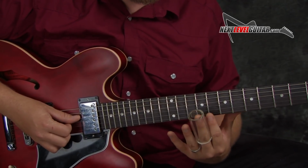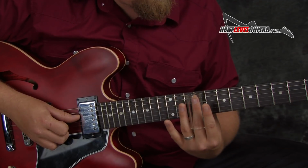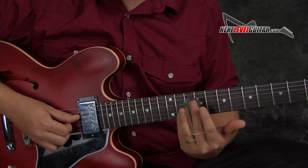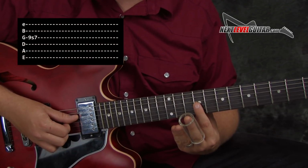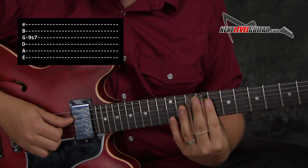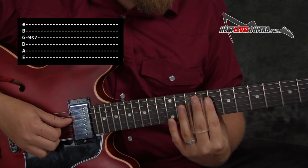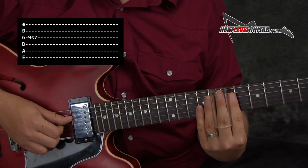So our jam track is in the key of E minor, so my thought process here is to start out with an E note. So I have my slide over the fret wire of the E note at the 9th fret of the G string. So that's where I'm going to start out, and what I'm going to immediately do is play that note and slide down a whole step. So you get this sort of quick